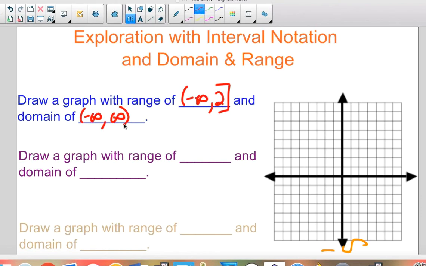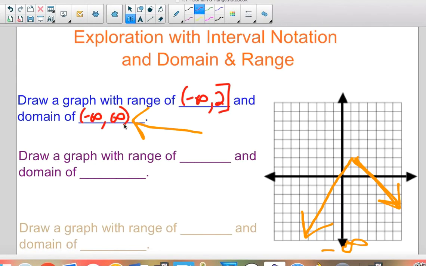So the range is the y value. Here's -infinity. So it's going to go up to y is equal to 2, which is right there. And it can't go any higher than that because 2 is the highest I can possibly get to. So what I'm actually going to do, I can't stop it. And if you're thinking, why can't you stop it? Because the domain has to be everything, right? I have to have numbers left and right forever. So I'm going to put an arrow on the end of this, but all I'm going to do is reverse direction and say, okay,